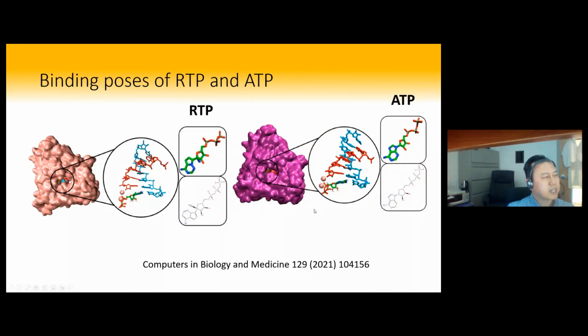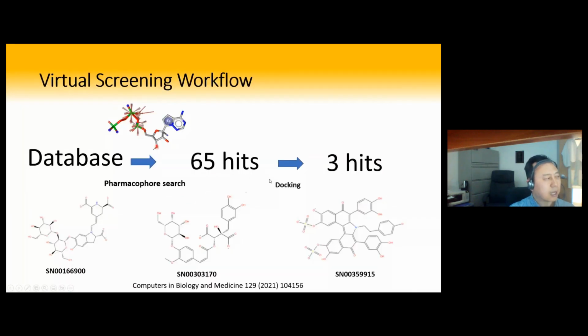Okay, so here's the structure we built. This is the active form of remdesivir, which we call RTP. It's bonding to here in the polymerase. And then we also have some controls. ATP definitely can bind to this site because it needs to be linked to this baby chain. Okay, so then we learned a lot.